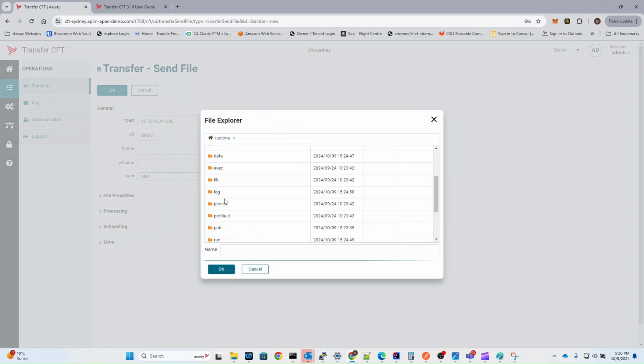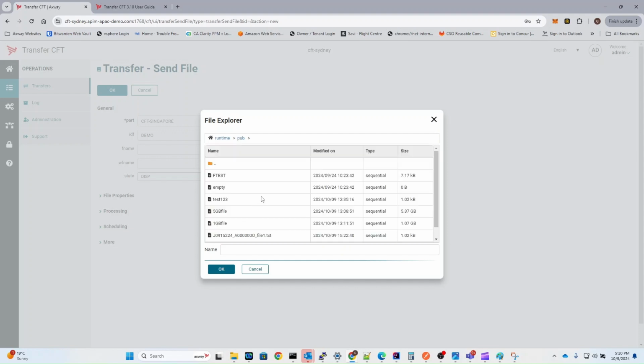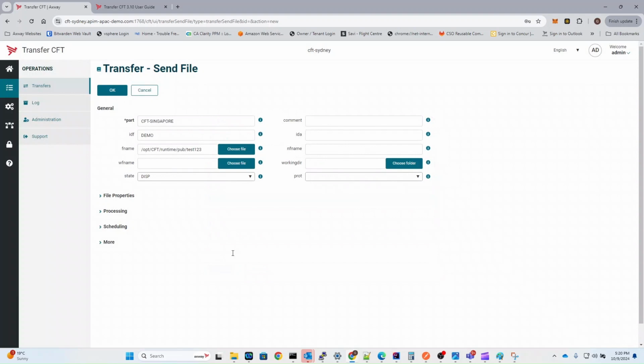So I'm going to navigate to a local directory here, and I'm going to select a file. So I've made a 1 gig and a 5 gig file, so you can play around and test out the transfer speeds between Sydney and Singapore. So I've got 2 CFT hosts, one in Sydney, one in Singapore. Okay, so for now I'm just going to use this small test123 file, and I'm going to select the protocol as SSL. So this is mutual TLS, and when I hit send,